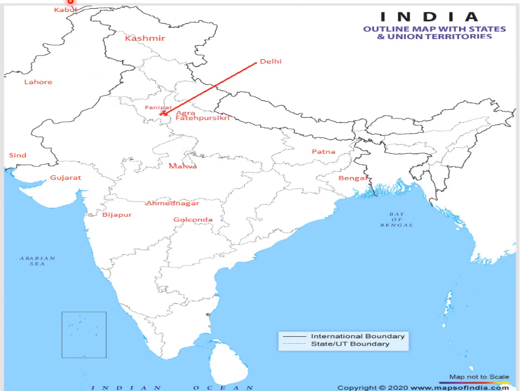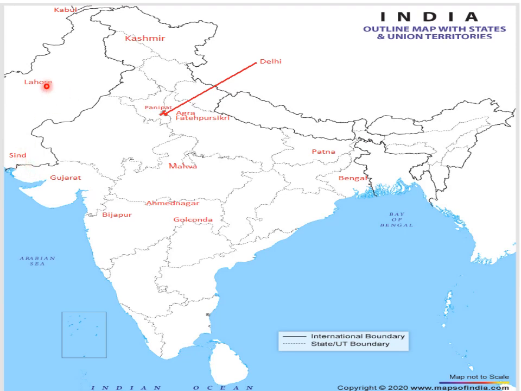Okay, now these three are located outside the territory of India. As you can see, this is the territory of India. Clear? Now outside the territory of India, these three provinces are located. Starting from Sindh, it's very easy to learn. It's near Gujarat. Gujarat state के पास ही जो है वो Sindh.